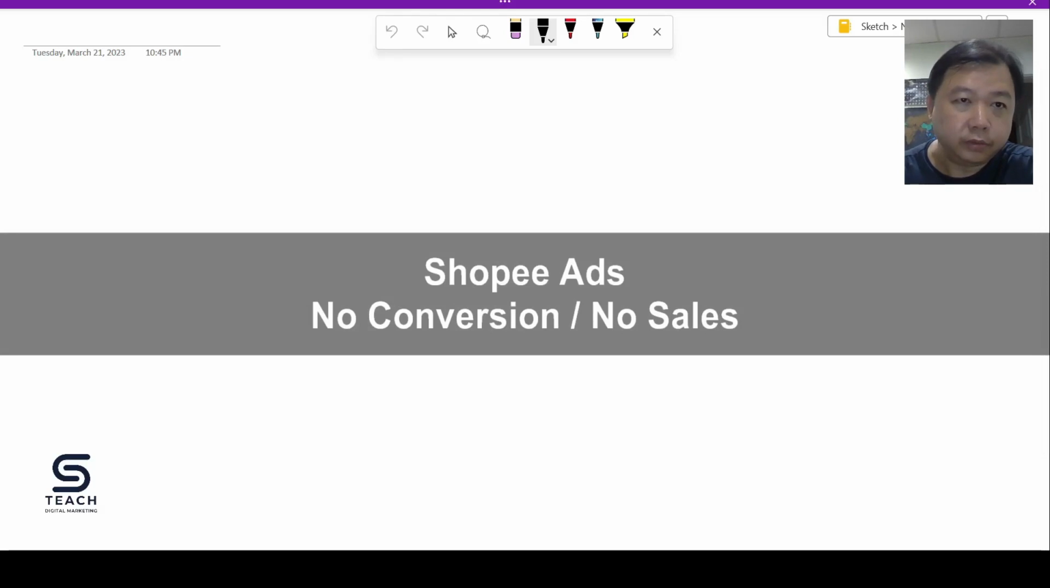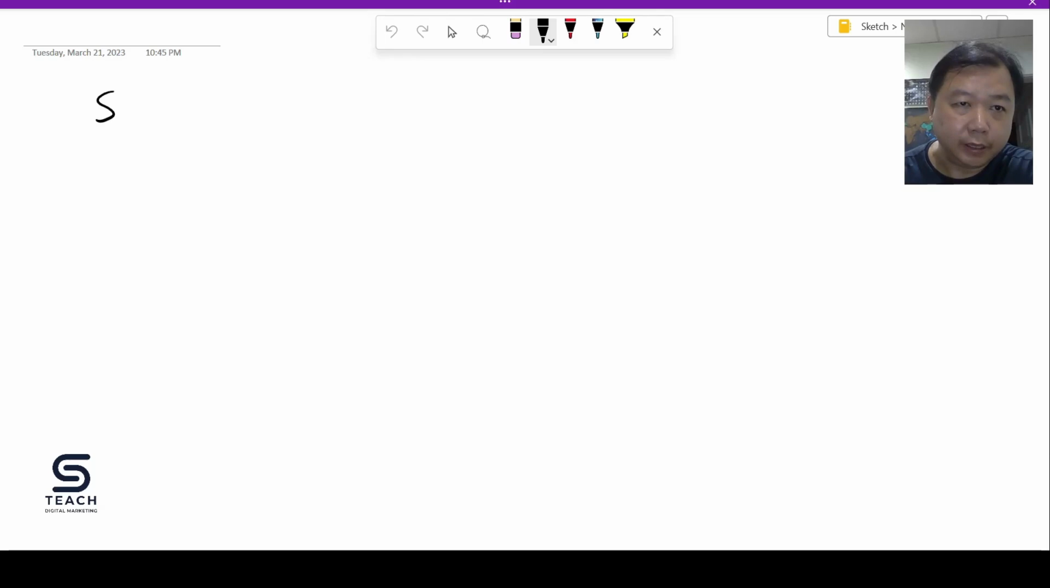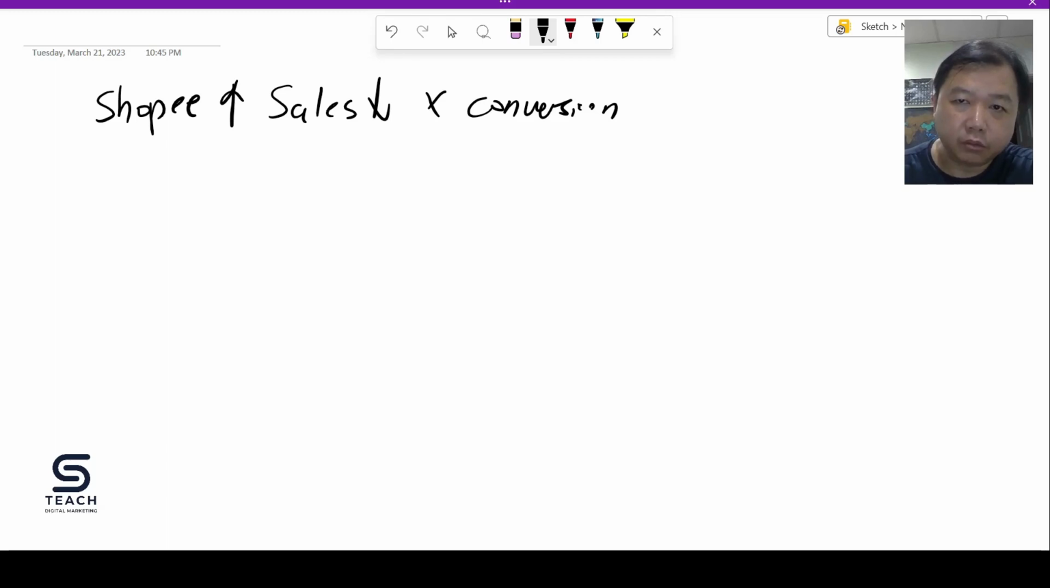Okay, so there are cases lately where a lot of sellers complain their Shopee ads are very expensive, but sales are very low or there is no conversion at all. So you want to analyze and find what the problem is. You open your Shopee ads, open one of the listings that spends a lot of money but has no sales. So the first thing you check is your keywords